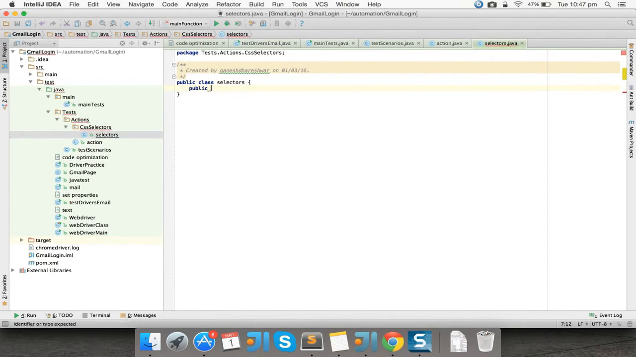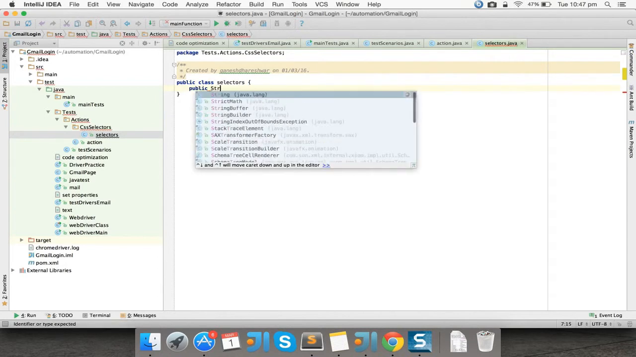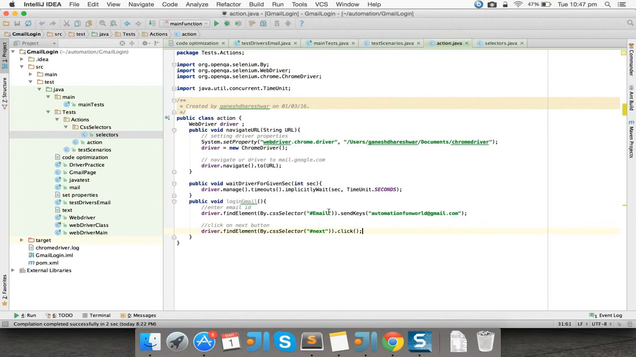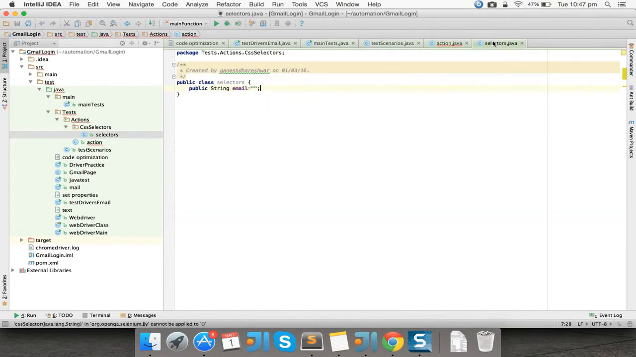public string email, and I will initialize it with this content. Alright, so now you can see this. I created a selector, public string email, and I'm going to